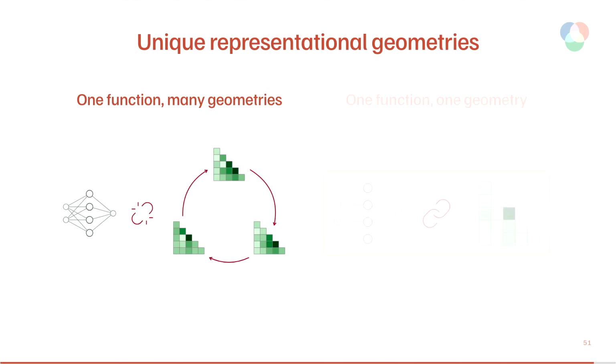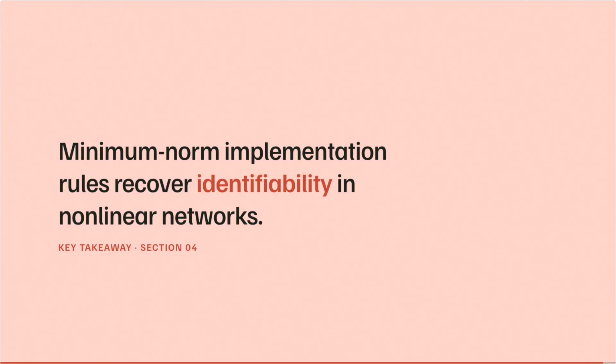But, well, it's a bit buggy. It's not showing. But the giveaway is basically that when we impose the same minimum norm implementation rules that Lukas showed you, we can again restore identifiability of representational geometries in a very similar manner to what Lukas already showed you. So the takeaway without all of the theory is that these minimum norm implementation rules do recover identifiability